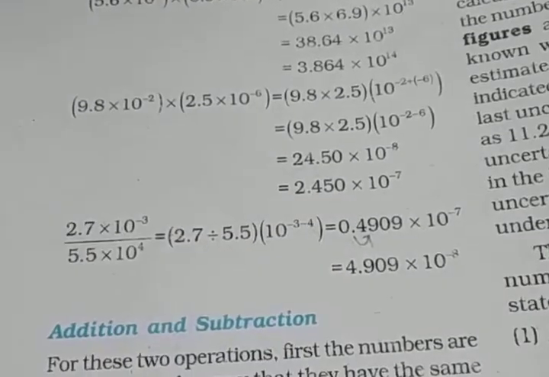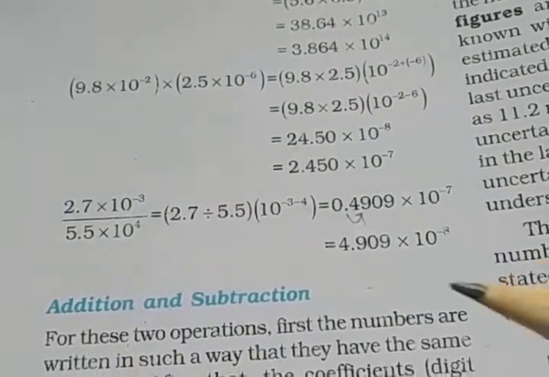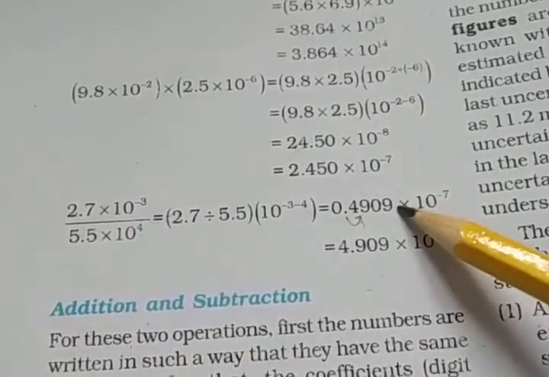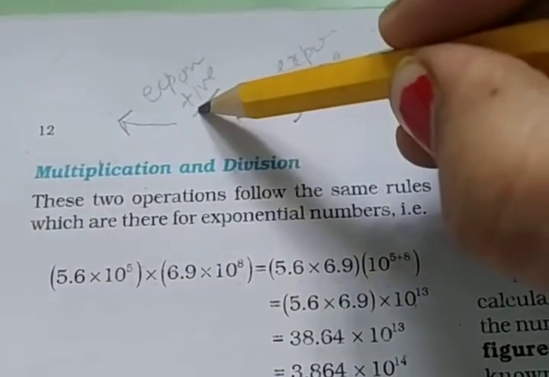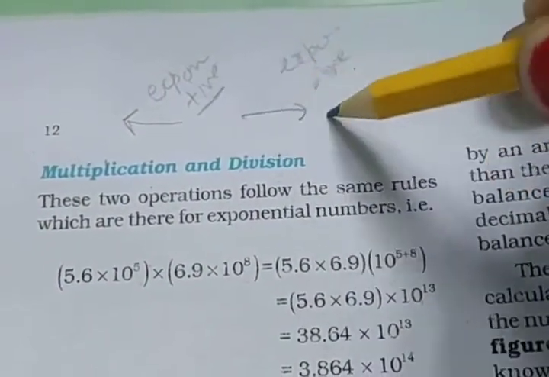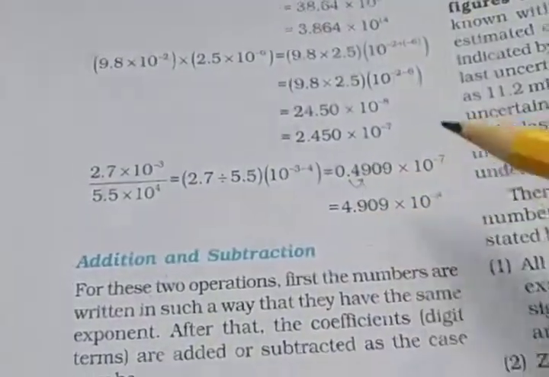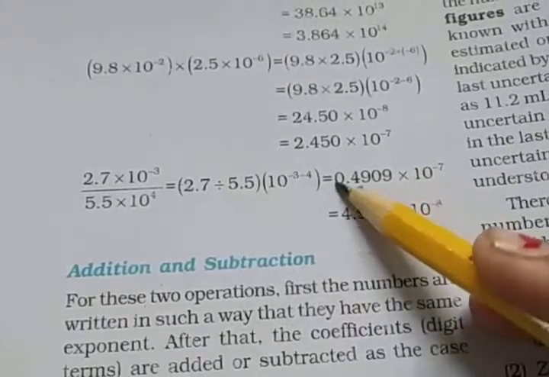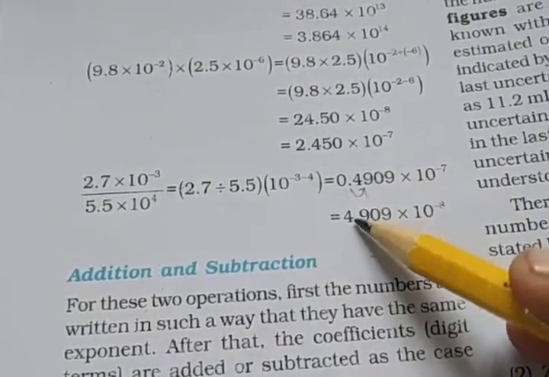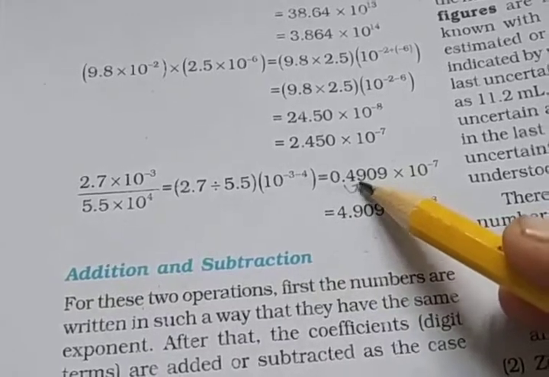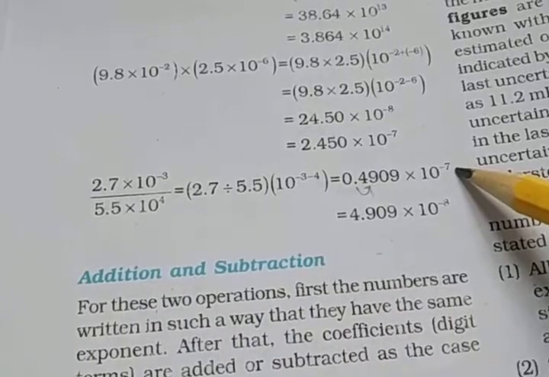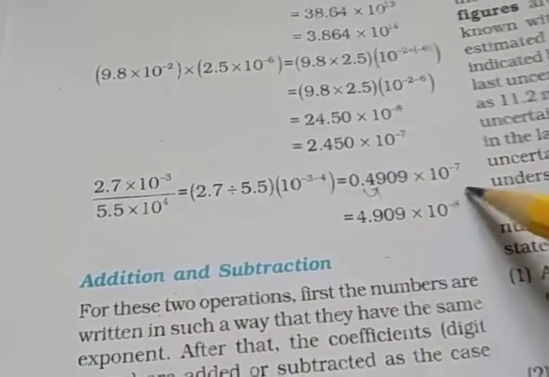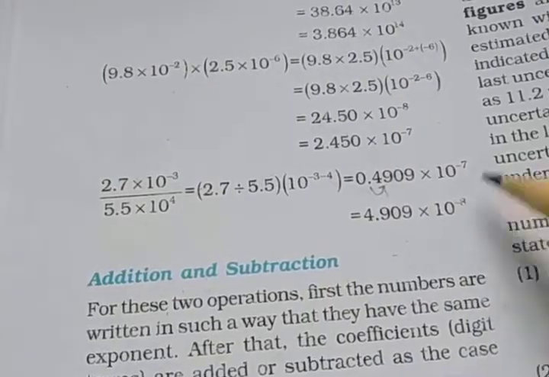Okay. Then the decimal value moves right hand side or moves left hand side. If it moves left hand side, the exponent is added. And if it moves right hand side, the exponent is reduced. Here you see 0.49. Whenever the decimal goes to the right hand side, that means one negative value: minus 7 minus 1, so exponent minus. So moving one place, 10 raised to power minus 7 minus 1, so minus 8.